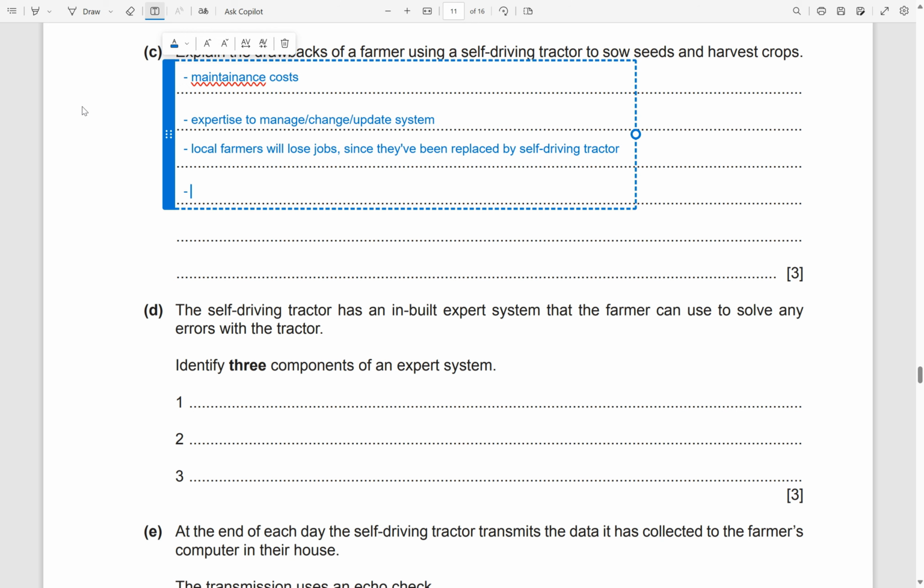And then you can also maybe talk about safety issues. Let's say it could be unsafe if the tractor malfunctions, if the tractor malfunctions or becomes unresponsive. So that's some sort of killer tractor running rampage. Maybe it goes out of the specified bounds, because a lot of these things are actually going to be programmed by GPS